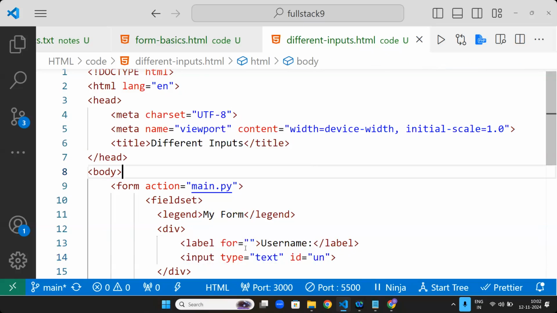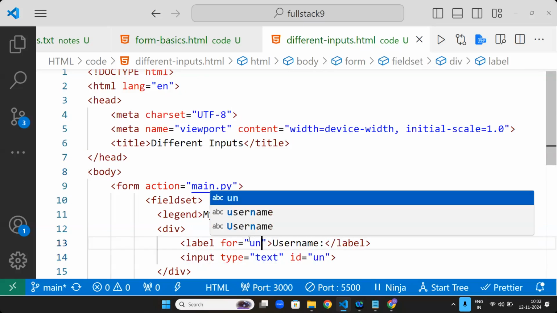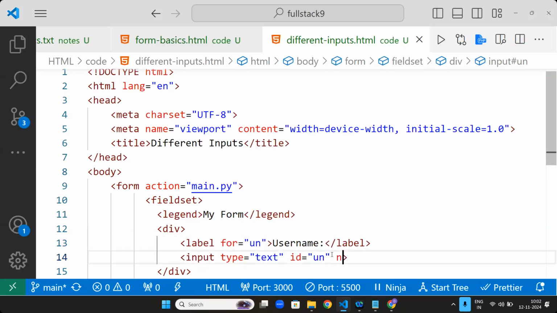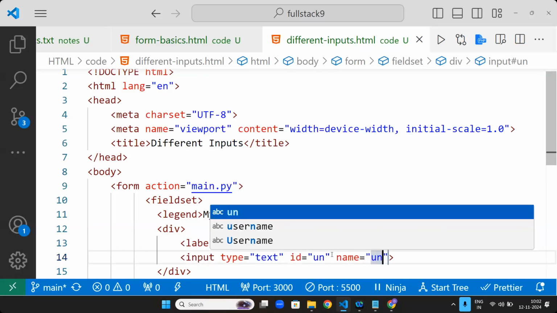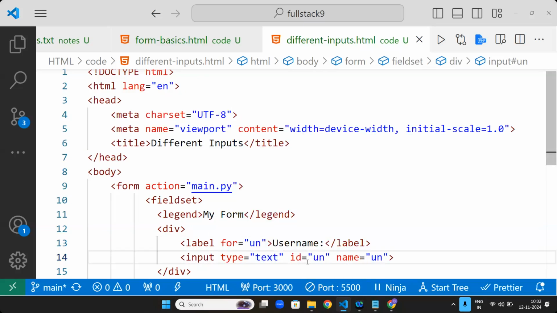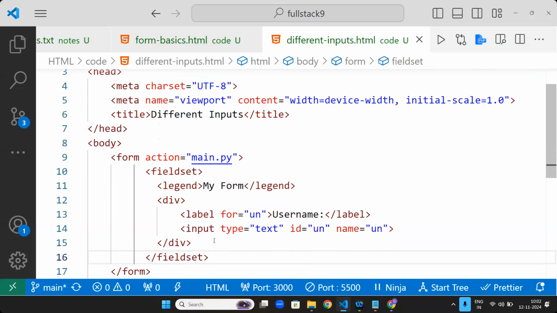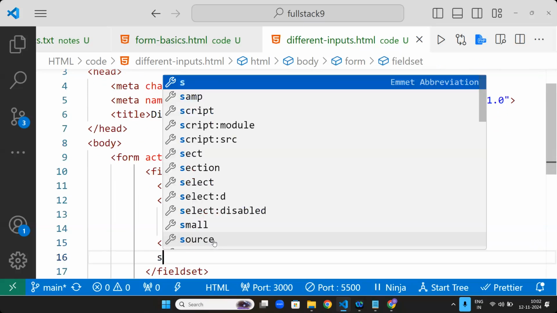I will give name also equals UN. No worries, if you give the same thing, it will be easy for us not to get confused. And then at last, I will write a button, submit.